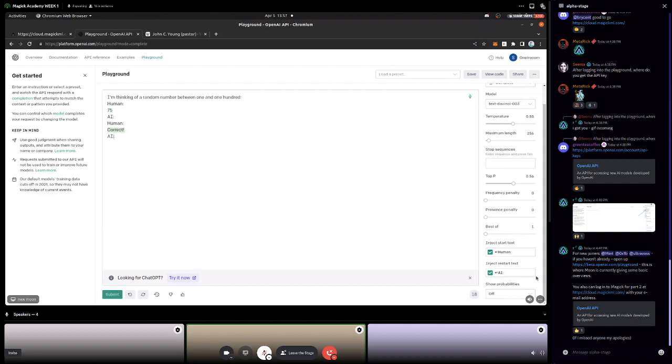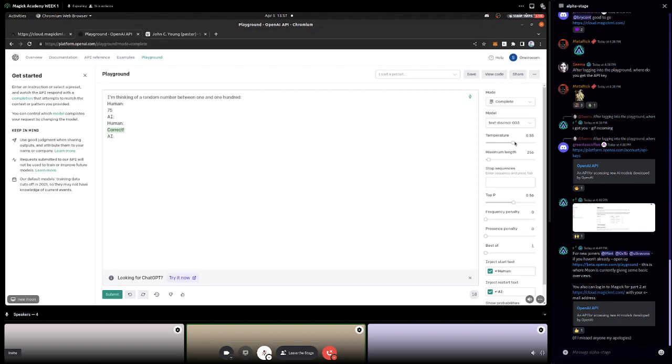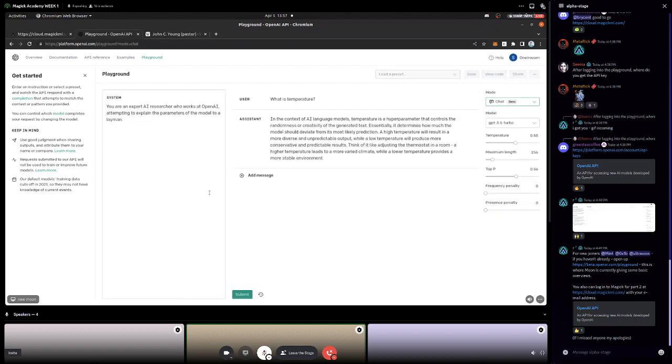And I think once they saw this and how awkward it was, they were like, we should just make a chat model. So this is the text completion playground. All of these settings are the same for chat, but we should just try chat really quick. You can see temperature, maximum length, top P, and these. There's no end token. It just has its own training on when to end.